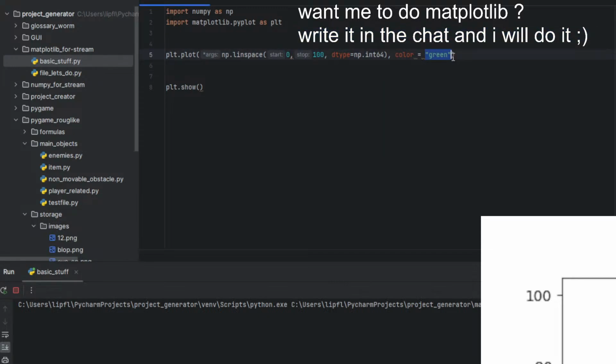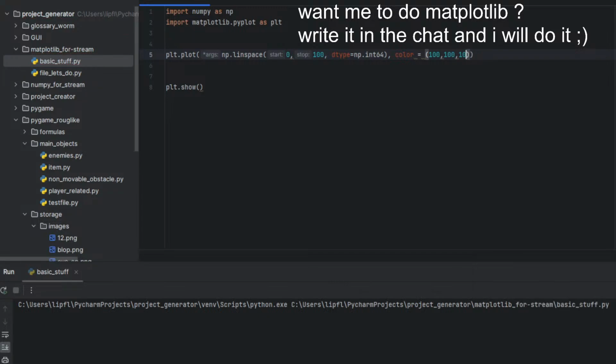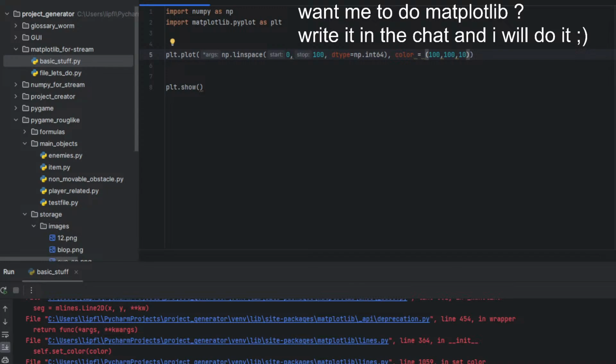Is this possible that we get an onion like 100, 100, 100? Is this possible? No. But how can we do red, green, red? Let me see, and hello to the next one who joined, doing some Matplotlib, trying to plot different things, and I wanna do a kind of color map.